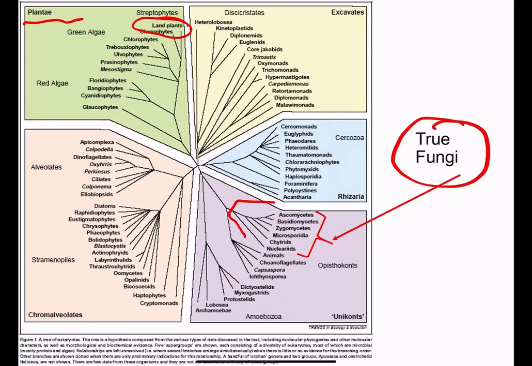And notice that you are nestled right next to them relative to these other groups of eukaryotes. We are actually very closely related to fungi. So we're more closely related to fungi than fungi are to plants. So in other words, if